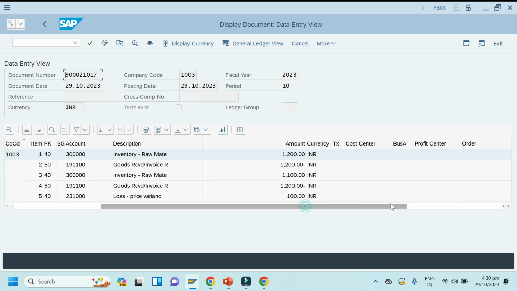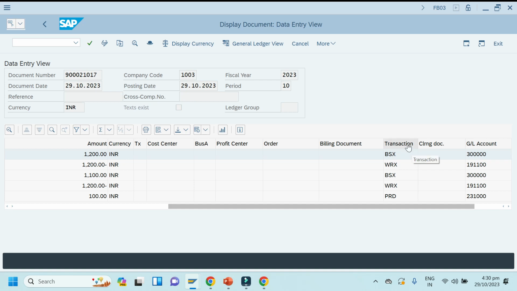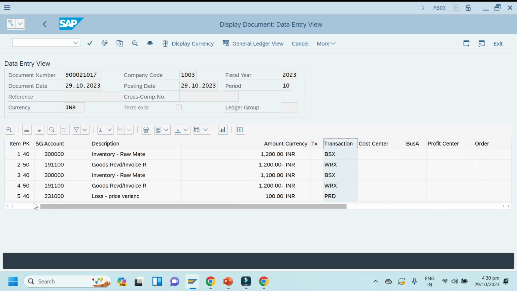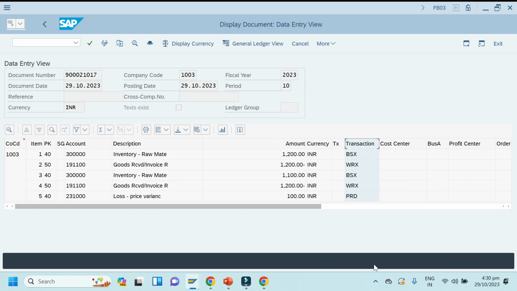Okay, so here let me do this. Here you can see one PRD is triggered, right?